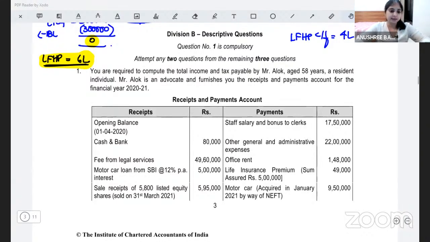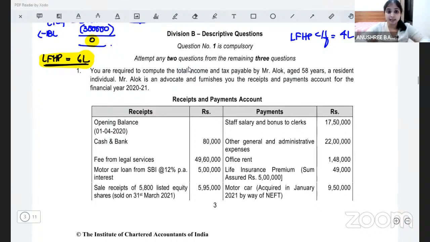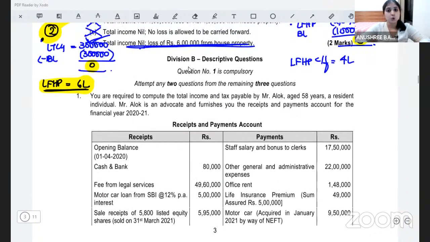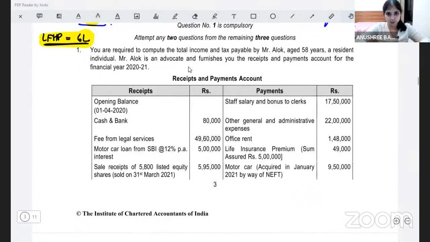So I was saying that this is the March 2021 mock test paper that we are solving. In the earlier video we finished the MCQs, and in this video we are going to do the descriptive questions. All right. Let's begin. Here again there are very good questions. So we will solve each of these questions one by one.